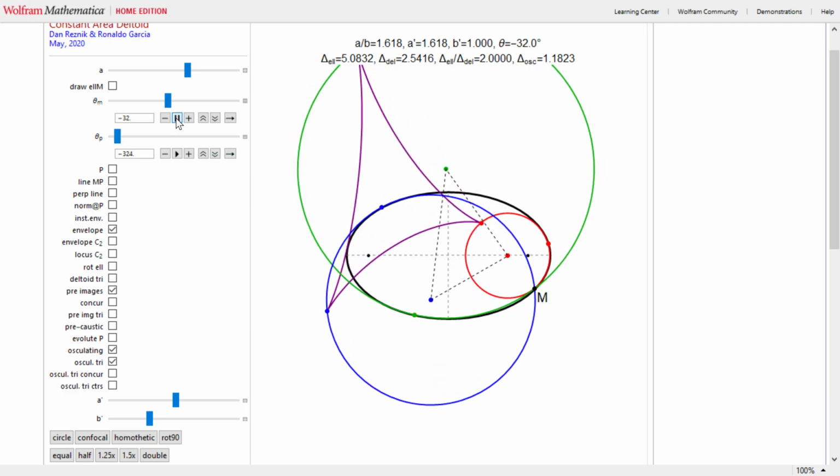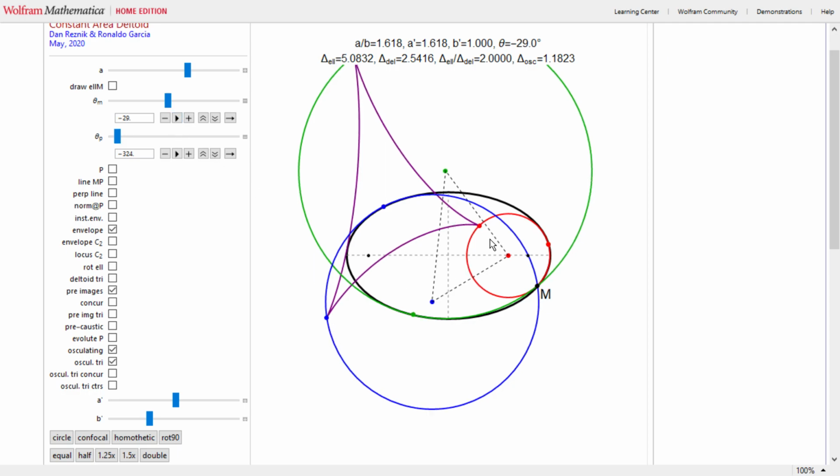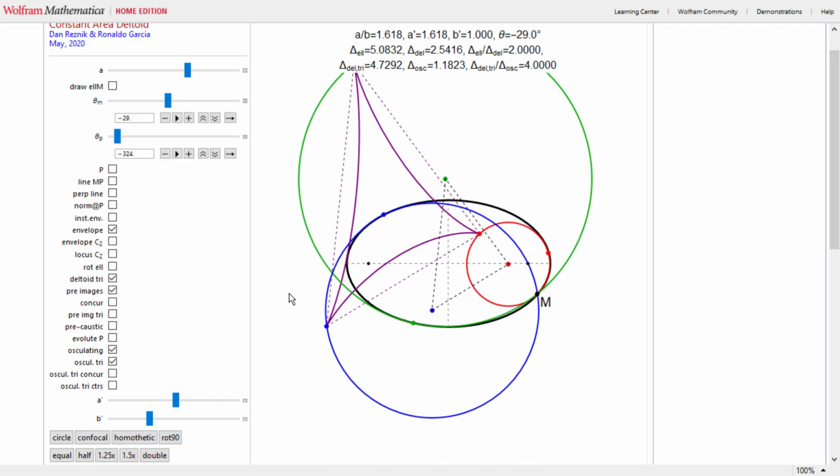And if I draw the triangle defined by the three deltoidal cusps, this one over here, this triangle is homothetic to this osculating center defined triangle,